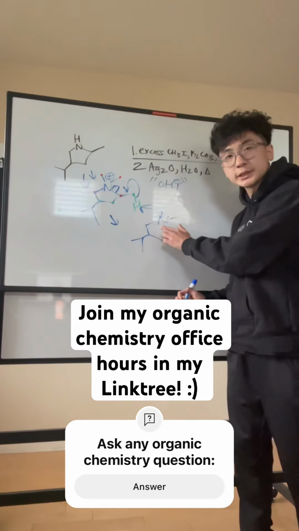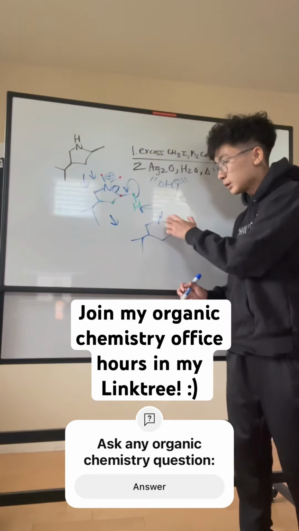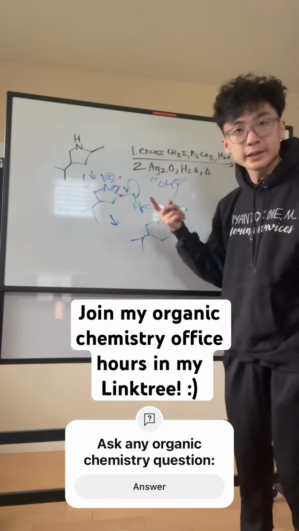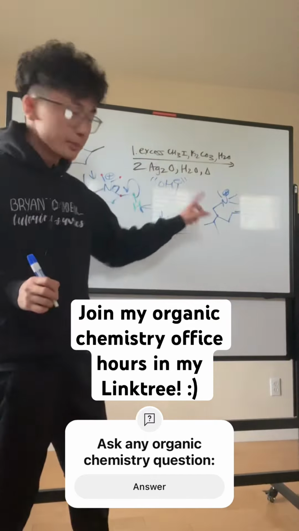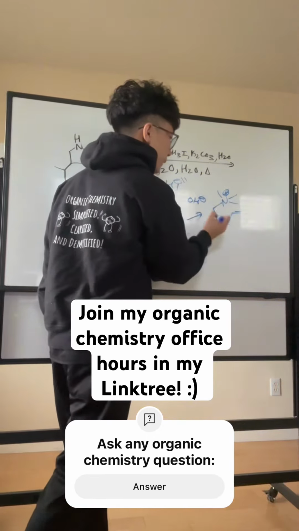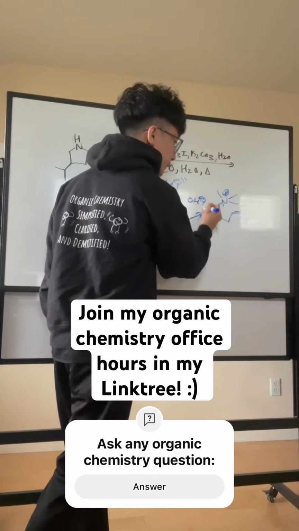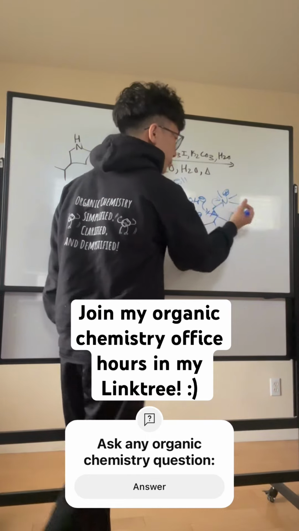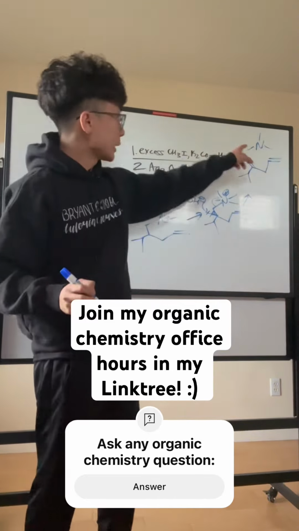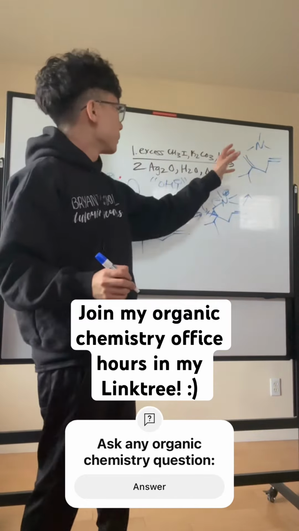And because this nitrogen here has a lone pair of electrons, this lone pair is going to act as a nucleophile, attack another CH3I, and become over-methylated again, which becomes this intermediate right here. And then our final step is to bring in another hydroxide ion to get this beta hydrogen, make a double bond there, kick out this leaving group, and lead us to our final answer here, where this trimethylamine here will become